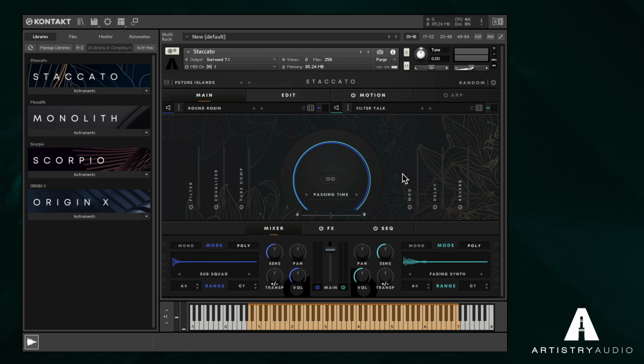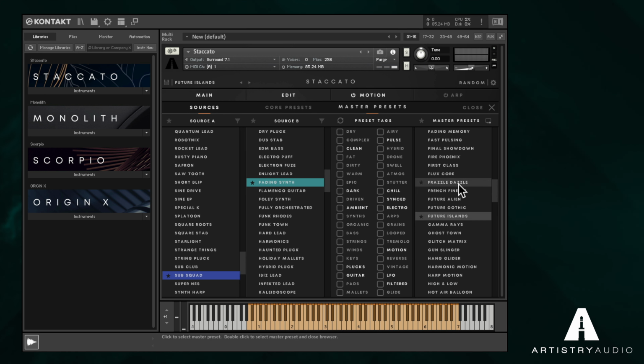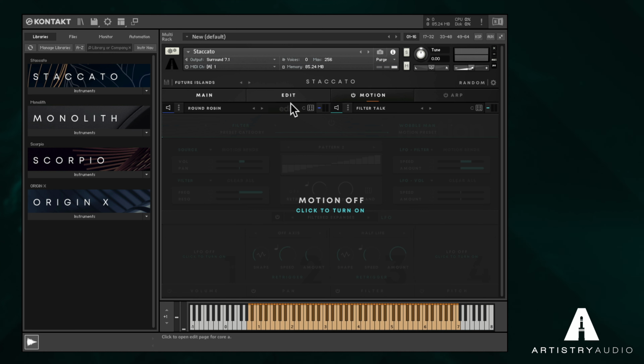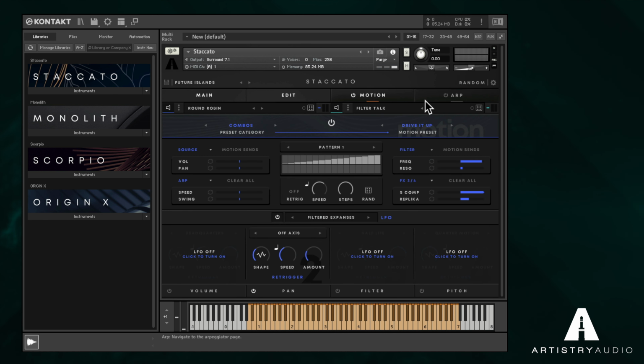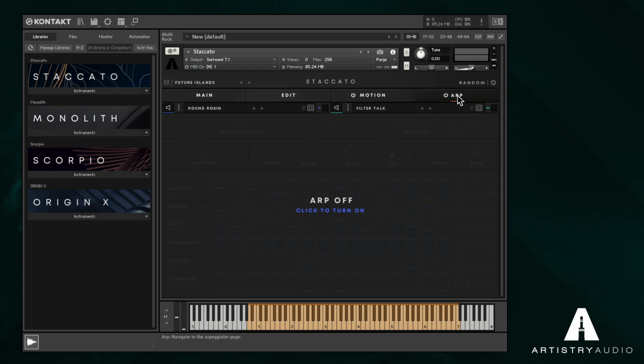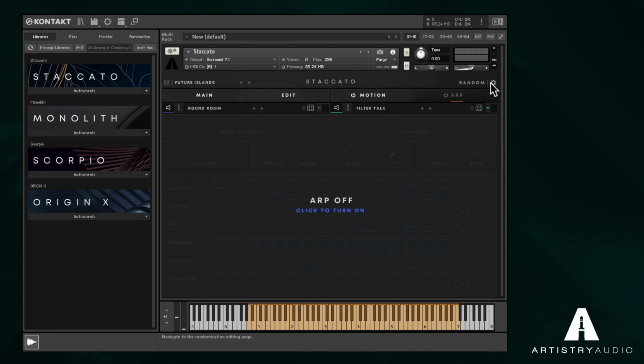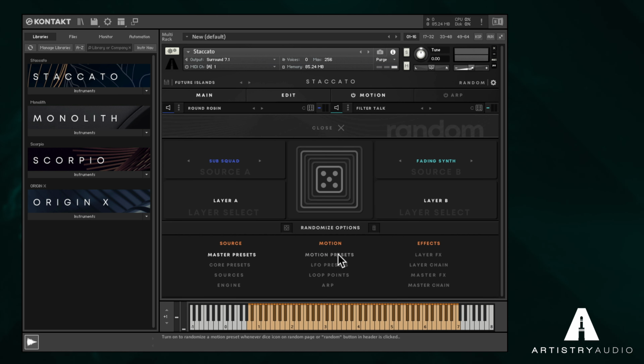Staccato makes finding your perfect synth presets super easy, using the comprehensive browser to tag and choose over 200 master presets, then customize by selecting effects and motion presets. Within a few clicks, you can completely transform the sound. Apply animation using macros and sequencing and get unlimited inspiration from the intelligent randomization options, which cleverly mutate almost any